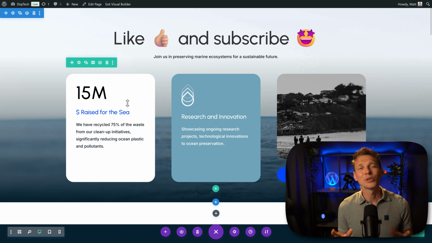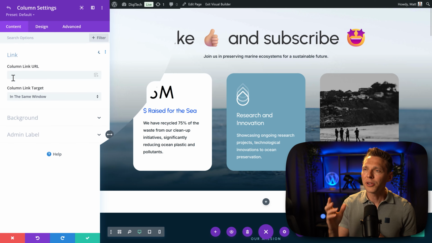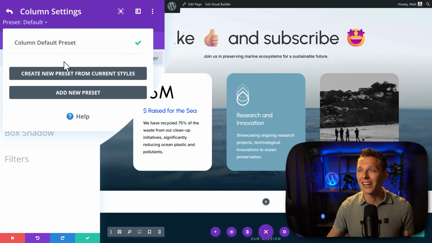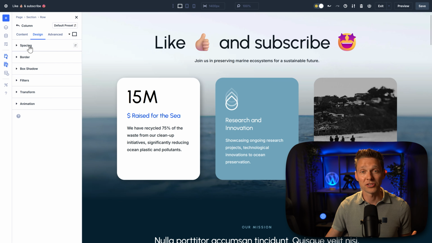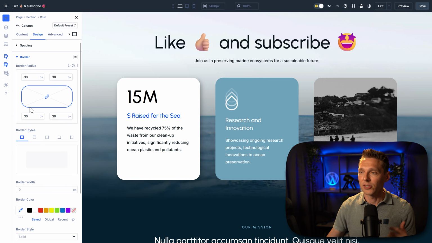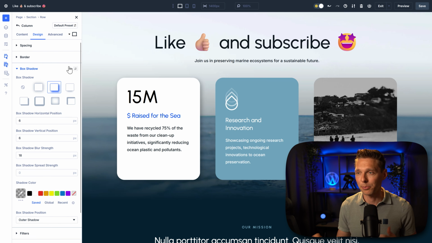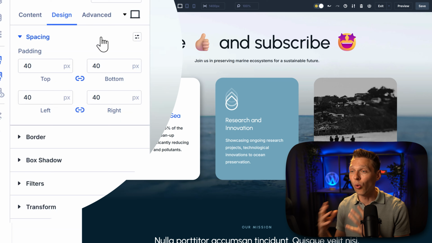Now the next one is a really smart update for design presets in Divi 5. Previously, you could save a full column, a module or a section design as a preset, and that's still here in Divi 5. But now you can also save individual design options as a preset. Look at this. Let's say we often reuse the same spacing or the border radius, the shadow over here or the background. Now we can save each of those settings separately. And even better, you can combine them however you like on all the modules you want.